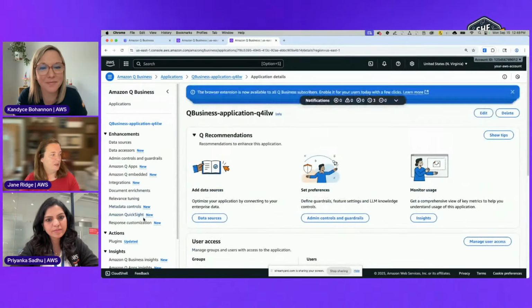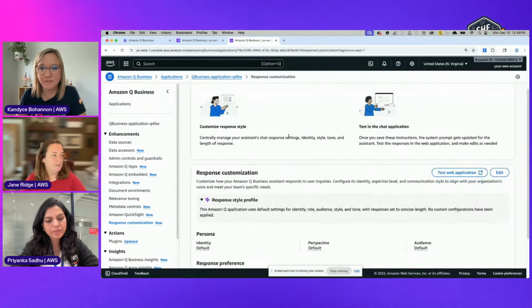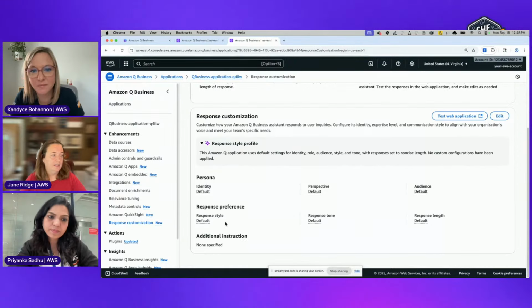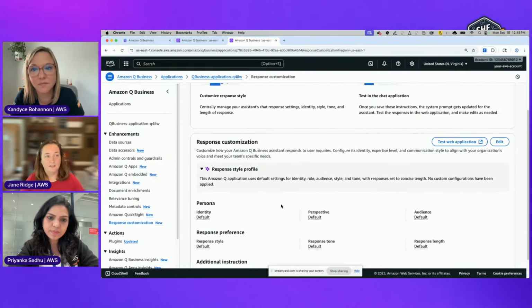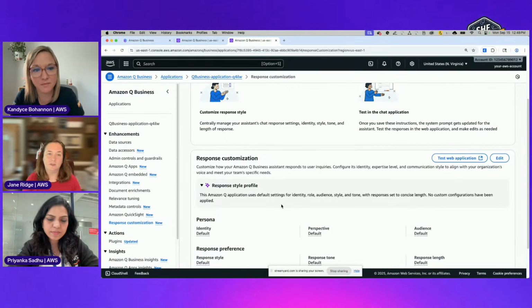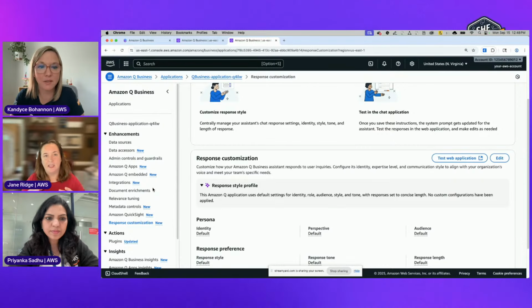And then when we talk about response customization, so what you were bringing up, this is where you can come in here and it has a default for how we're going to respond to information. But if you want to customize what that looks like, for example, I'm sorry, that's not something in our organization, you can set that up here. So essentially you've got a bunch of different dials. Even though it's a managed service, there's still a lot of customization you can add.